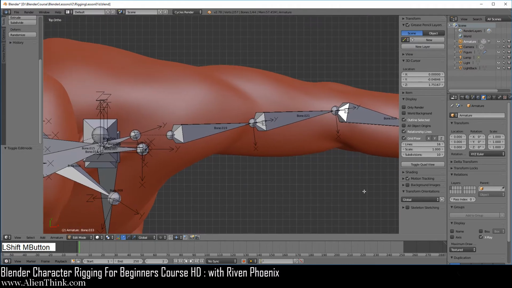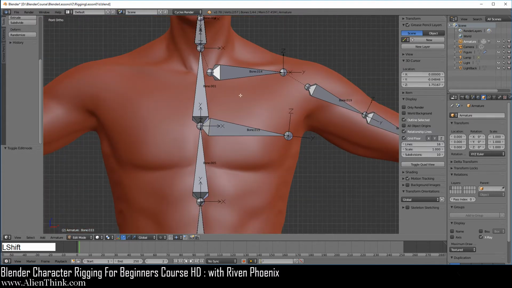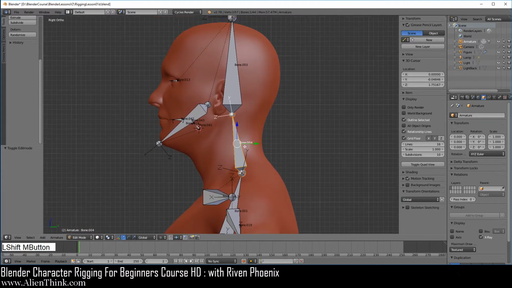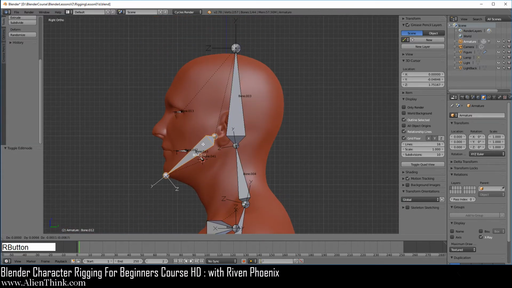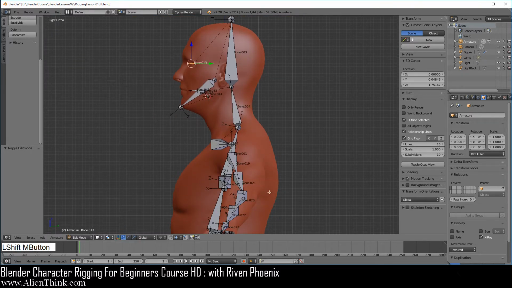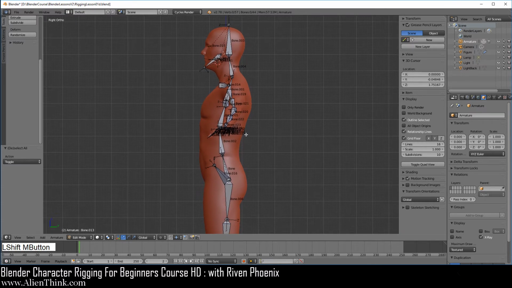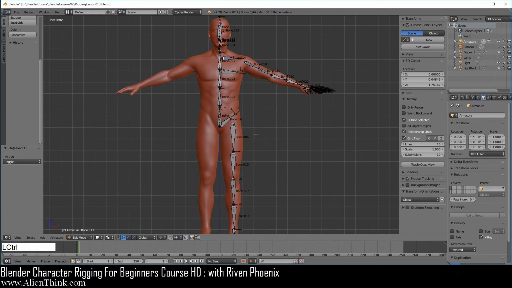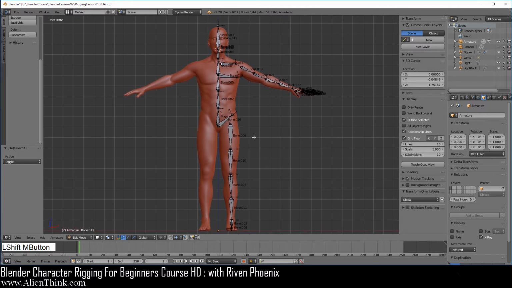Okay, so now we're going to go to the front view and just make sure, okay, this is correct. Over here, this is correct, this is correct. Press the 3 key, and all the connections are now working the way they should. Okay, so that's basically the process of setting up your bones. This is really the first part of it. Okay, so what we're going to do now is when we get to the next lesson, this is where we're going to now start renaming these bones. This is something that we haven't done yet.